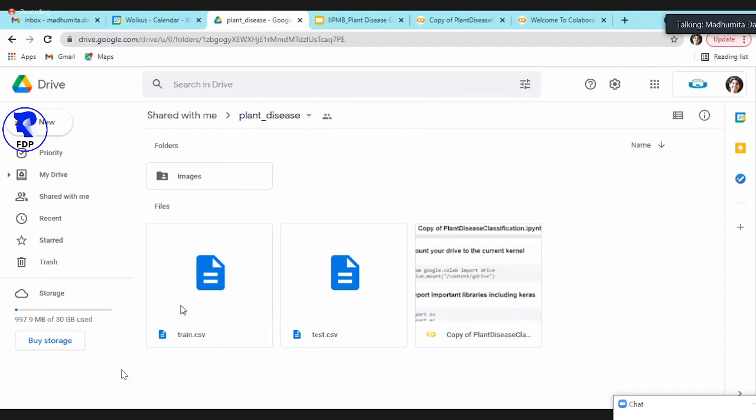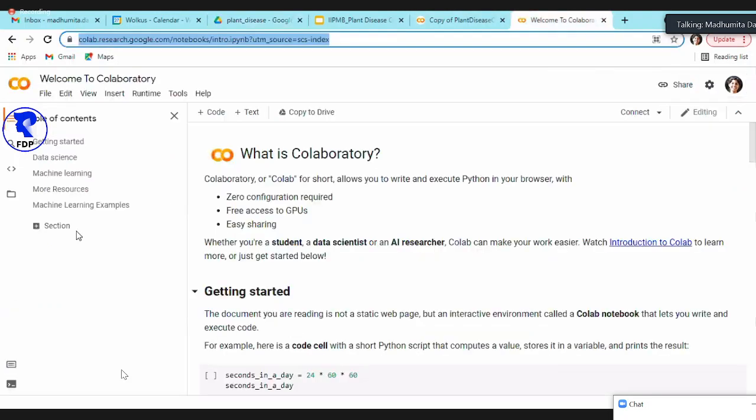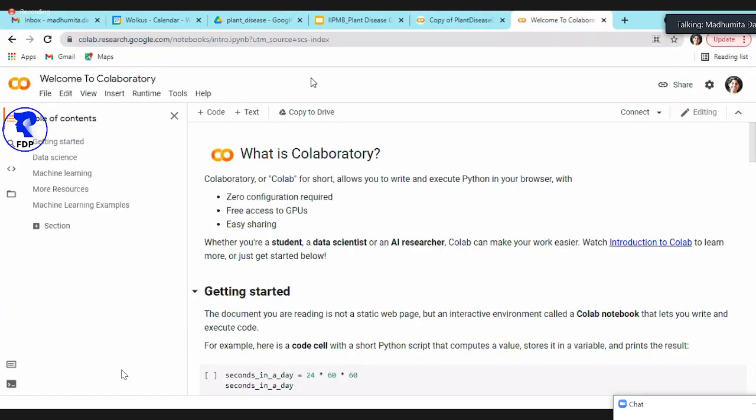CSV file with the training data, test data, and a list of images, and then the code that we will use in this session. So this is Google Colab. You can sign in using your Google account. That's why in the beginning of the session, I mentioned to set up a Google account if you don't have one. It's an excellent resource to have. It provides free GPU. GPUs are expensive, but Google Colab provides it for free. It comes with a pro version also that is better than the free version. Let me see if anyone has any questions.